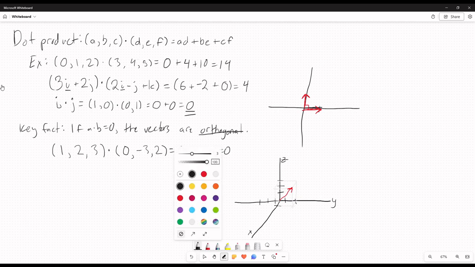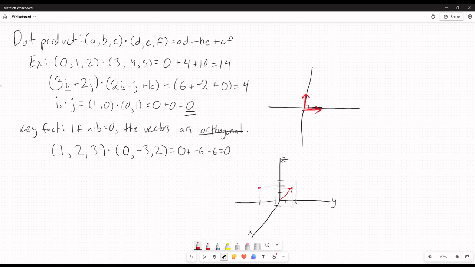That's actually pretty easy to draw. So that's going to be -3, 2. If we draw that vector here,